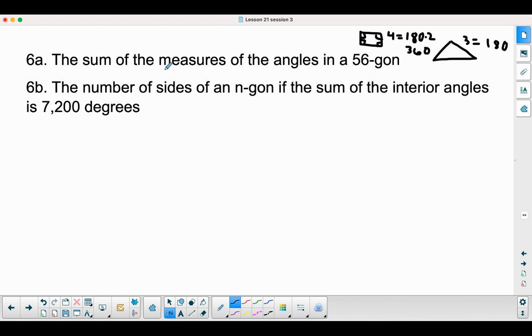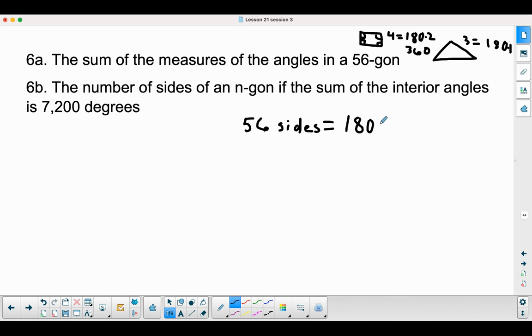So the sum of the measure of the angles, I have 56 sides. For a square, I did the number of sides minus 2, times 180. And for a triangle, I started off with 3 sides, and then it was 180 times 1. So I start off with 3 sides minus 2 times 1. So for 56 sides, my pattern is 180